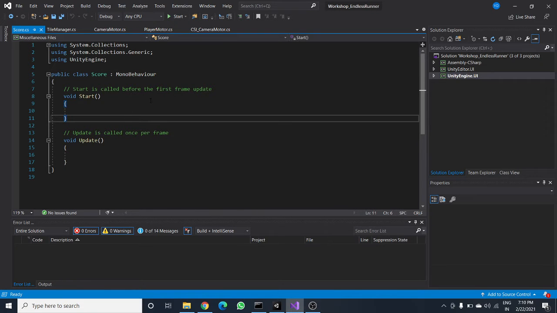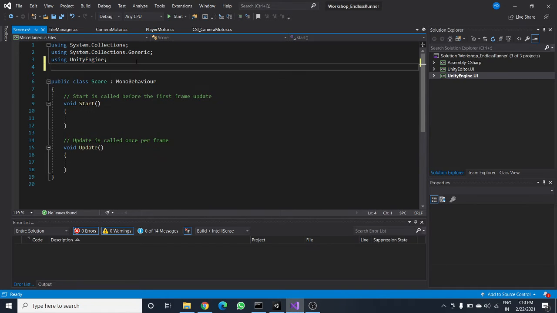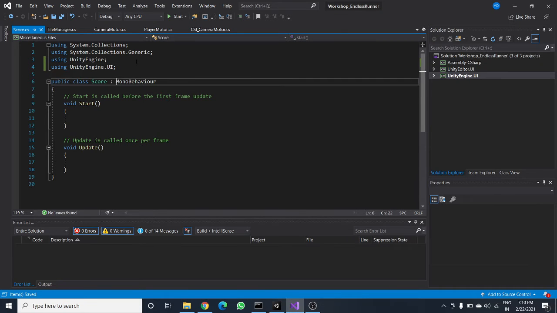Now we are good to go in writing our score. For using our UI, we have to import a library. So write down using UnityEngine.UI. It will import the library for using the text.